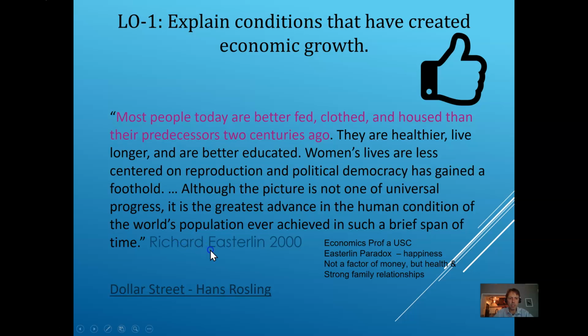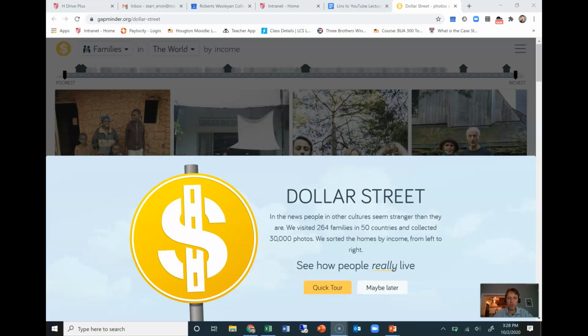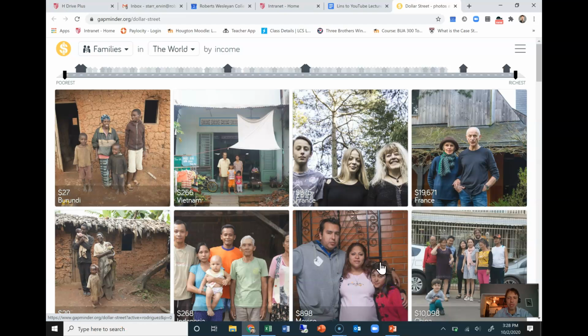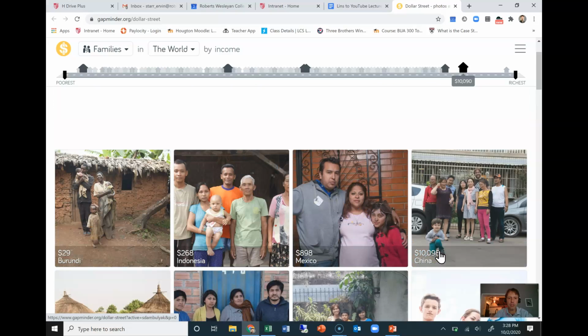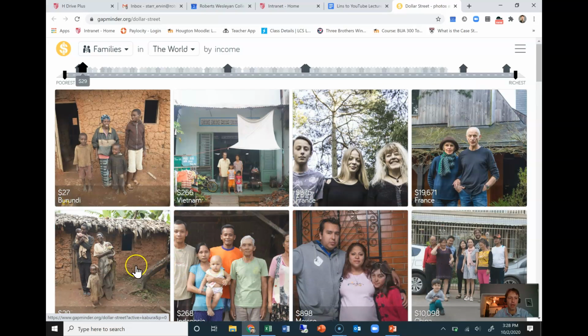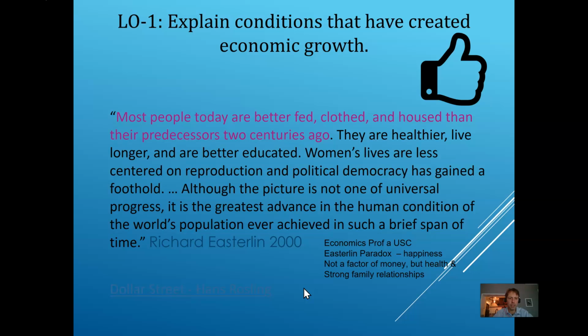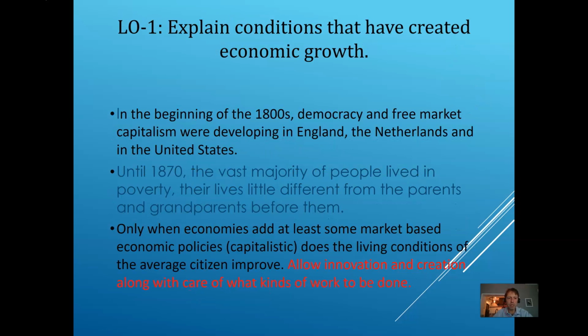And you'll note that there's a link here I'm going to go to in just a second. This is what came up at the site, and you could do a quick tour. I'm going to just say maybe later. I can look at how people live in Vietnam or Burundi or France or China or Mexico. There are lots of countries, and you can get a sense for how those individuals live. This is a resource you're going to use. This activity will also be on the last slide, and I'm going to go back to our PowerPoint. So again, that link to Dollar Street is something that I am encouraging you to make use of